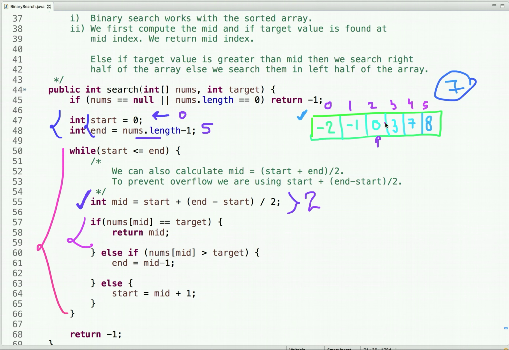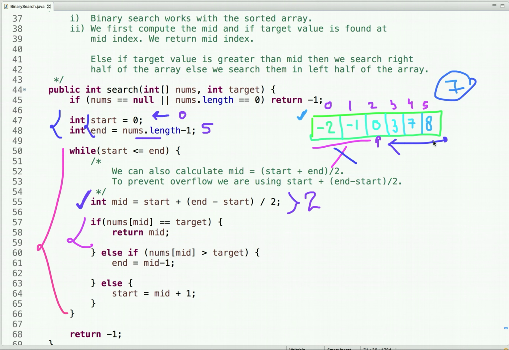Now we have to check where we have to search for this value 7. If the value at mid is 0 and the array is sorted, definitely 7 is not found in the left half of the array. It will be found in the right half of the array, if 7 is present in this array.